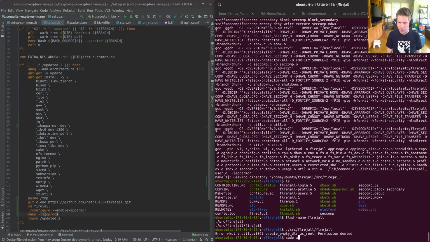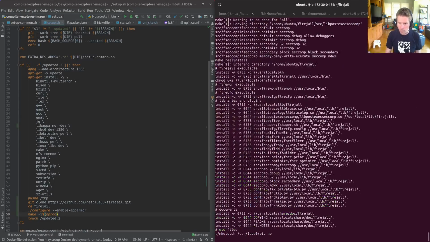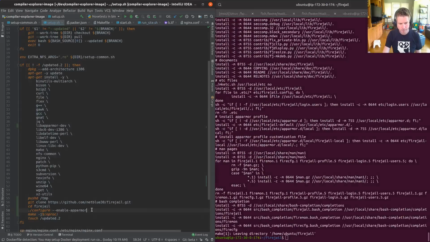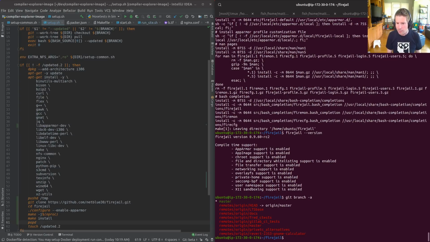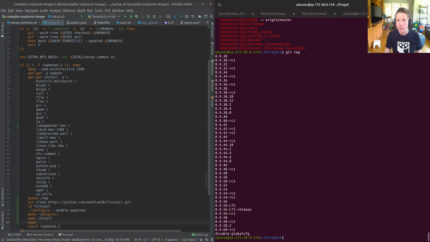Sudo make install. Make install, popd. Okay, firejail --version. Oh, 0.960 RC2. Yes. Git branch -a. Oh, git tag. Yeah, we should probably pick